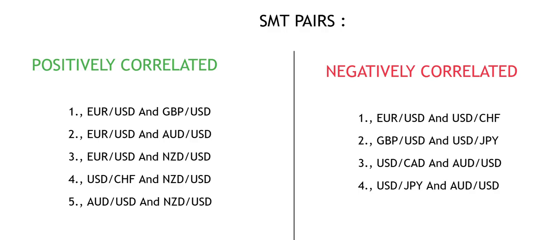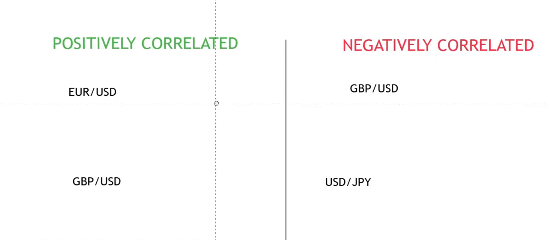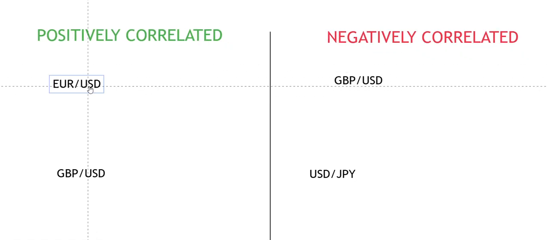So now we are going to see what positively correlated and negatively correlated mean. I am choosing the EUR/USD and GBP/USD pair for positive correlation, so first we are going to see that. The first pair I have chosen for the positive correlation is EUR/USD and GBP/USD, which means if